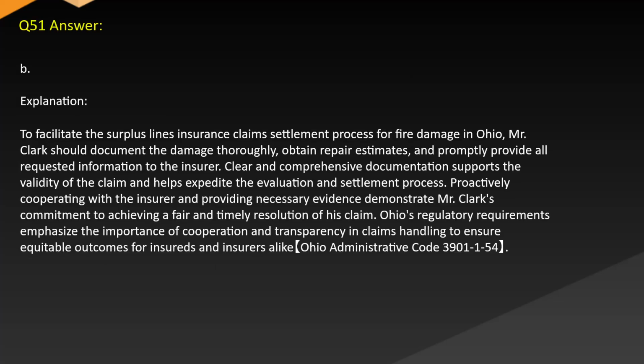Answer: B. Explanation. To facilitate the surplus lines insurance claims settlement process for fire damage in Ohio, Mr. Clark should document the damage thoroughly, obtain repair estimates, and promptly provide all requested information to the insurer. Clear and comprehensive documentation supports the validity of the claim and helps expedite the evaluation and settlement process. Proactively cooperating with the insurer and providing necessary evidence demonstrate Mr. Clark's commitment to achieving a fair and timely resolution of his claim. Ohio's regulatory requirements emphasize the importance of cooperation and transparency in claims handling to ensure equitable outcomes for insureds and insurers alike. Ohio Administrative Code